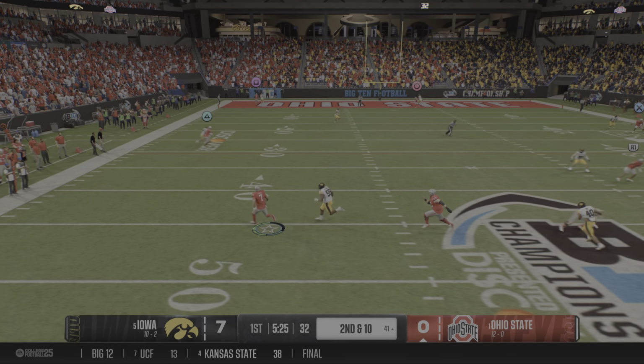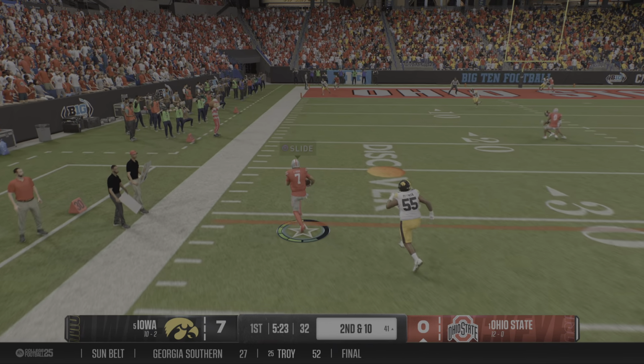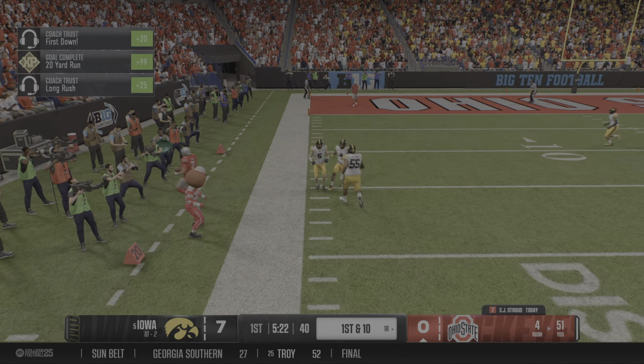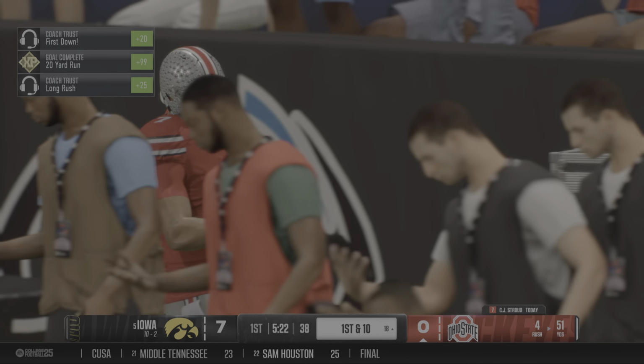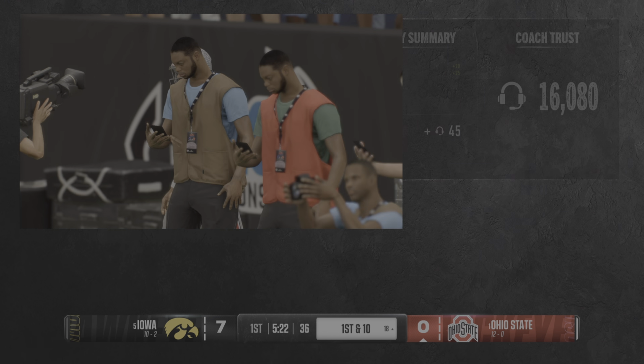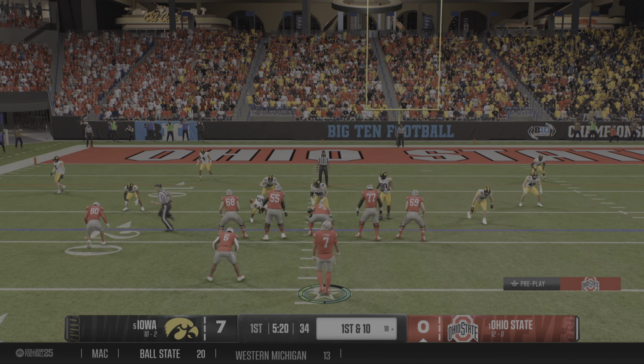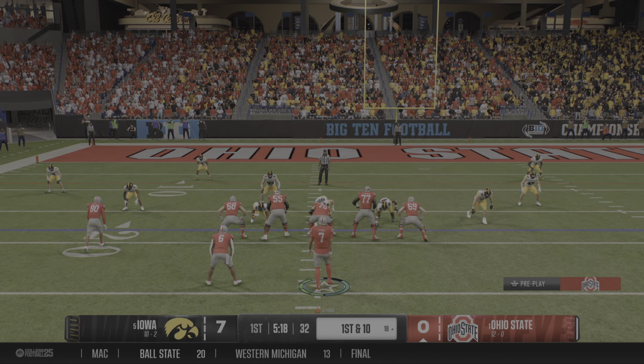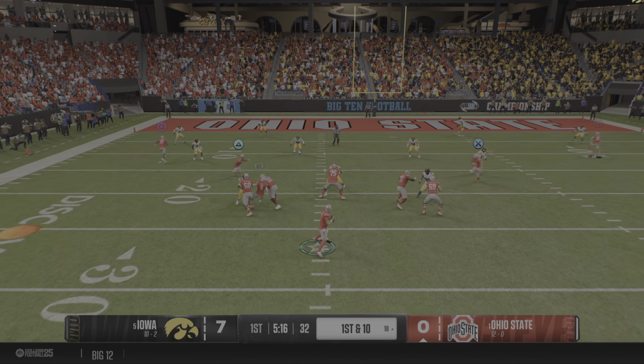He's escaping the pocket now. Quarterback on the move, trying to make something. Oh, and he breaks free. It's a foot race. And a big gain before he goes out of bounds. The offense keeps churning, gets a fresh set of downs. The Buckeyes have 1st and 10 here.